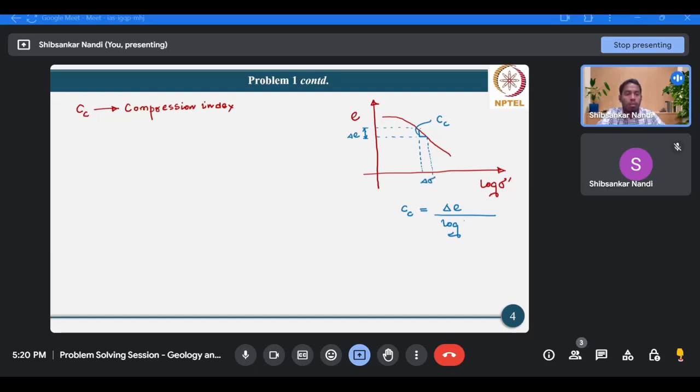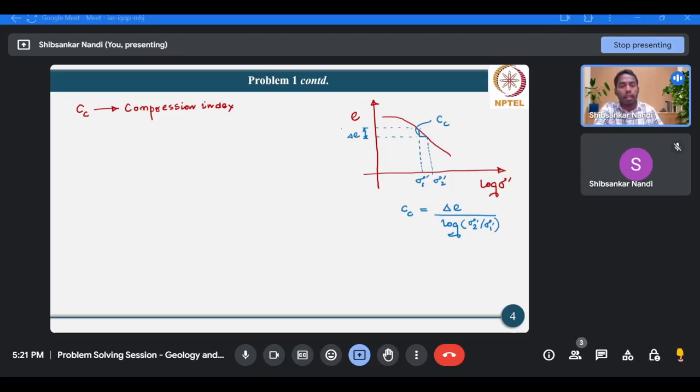Then it will be delta E divided by log of delta sigma, or rather we can say if it is sigma 1 prime and this is sigma 2 prime, then it will be log of sigma 2 prime divided by sigma 1 prime,